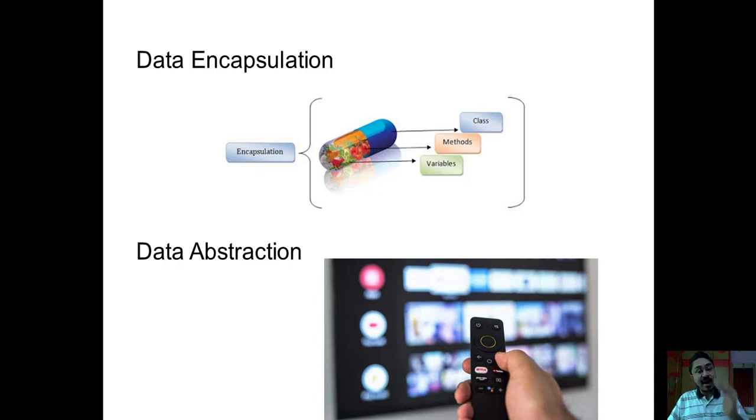So all these details are hidden from you. All these complexities are hidden from you. Just by pressing the button, you can turn on the TV. You just need to know which button needs to be pressed in order to turn on the television. So this is nothing but abstraction. All these internal details, all the wirings, all the circuitry, all the logic, all the software details are hidden from you, and what is exposed to you is only the required things. You just have to point your remote at the television and press the required button in order to get your function done, in order to turn on your television.